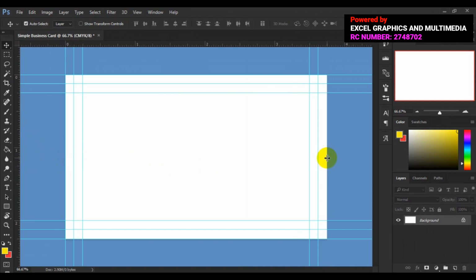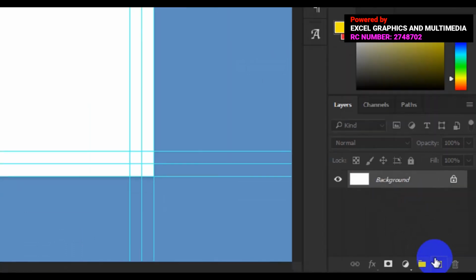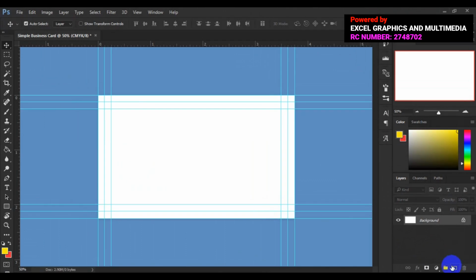Right? So I'll press Control minus to zoom in the entire Photoshop canvas so we can see the whole thing. So now this is a standard layout for any business card design in Adobe Photoshop, right? So now the next thing to do is to start our design. So all you have to do is to come down below here to make a new layer. That's the first thing to do. So when you make a new layer, then you now go to